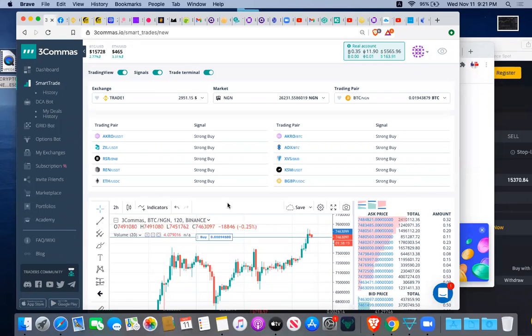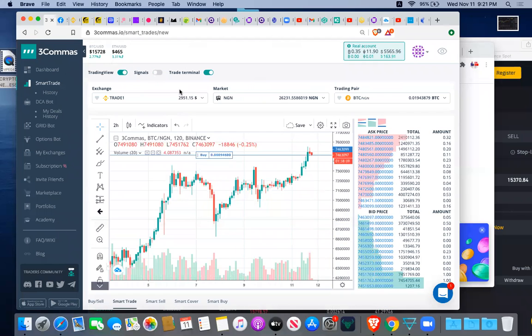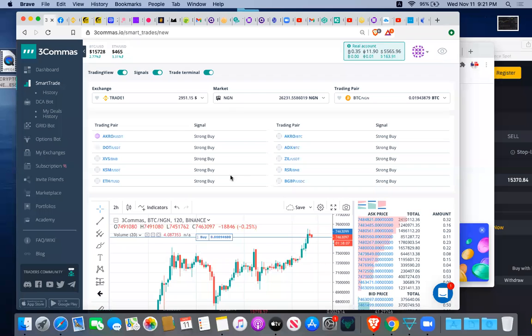Smart trade. Now, if you log into your 3Commas and this signals option is not ticked, please tick it. All right. It shows you some coins that are actually available that have been on more of an upward trend, and the way people are rushing it, look at it. Strong buy for